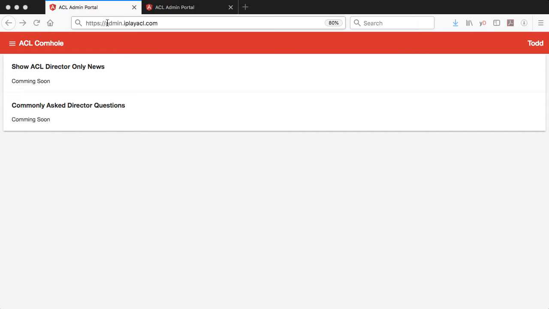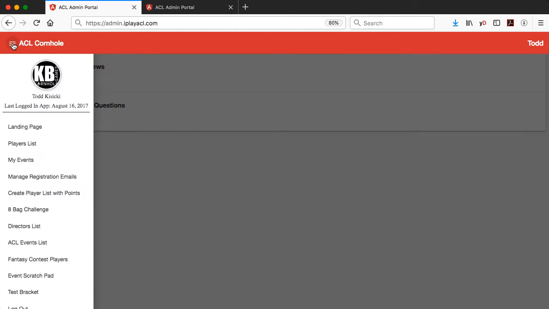Okay, so for the new portal, you'll go to admin.iplayacl.com and you'll get this interface here. Looks a little similar to the player interface, but this will have all the directors options on it. Up here in the menu, you'll get a kick out menu, slider menu, and you may not see all the